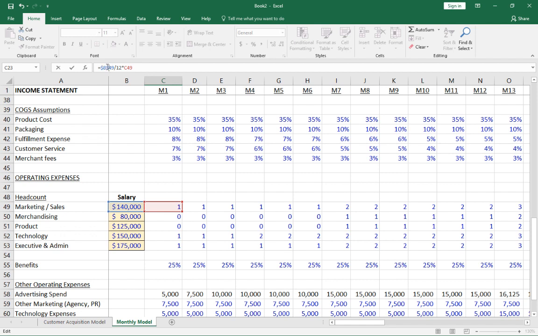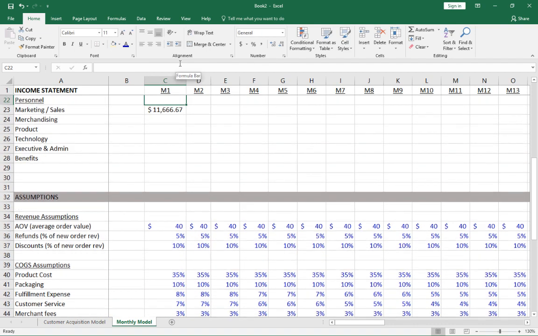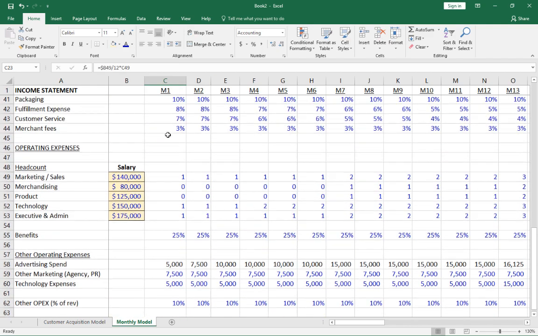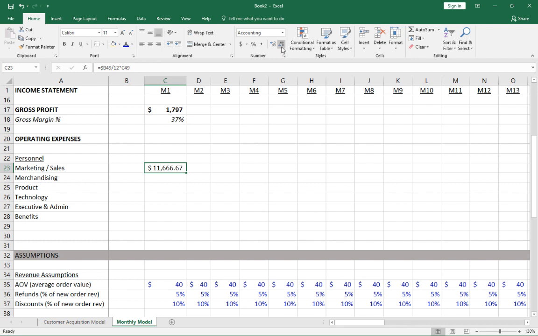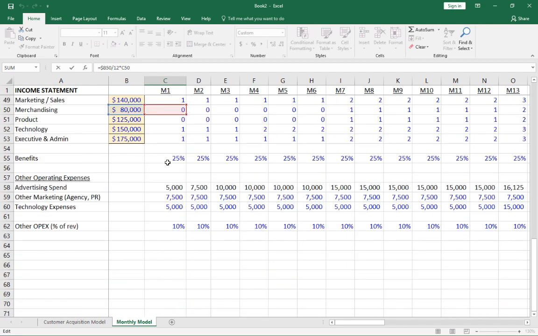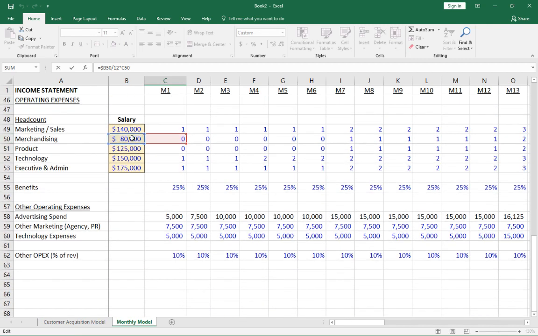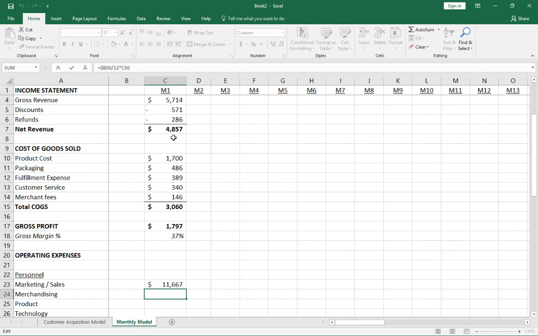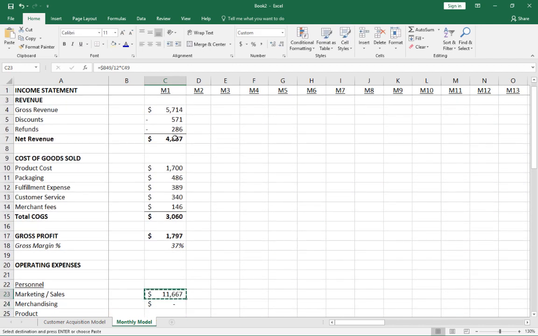And I will actually take away the row so you can see that I can copy this formula and it'll do all the work now that I have this one formula. Okay, so what did this just do? It took $140,000, divided it by 12 months, and multiplied it by one person. Let's see about the next one. I just copied the formula down, and you'll see that the salary went down one cell, and so did the reference to column C. So if I just copy this through the whole thing,